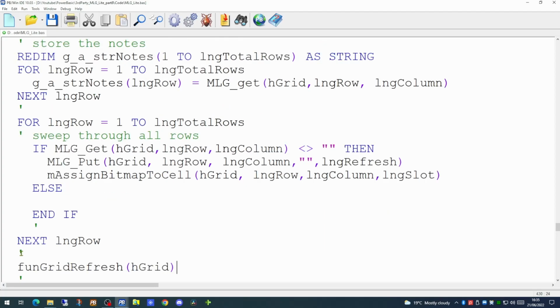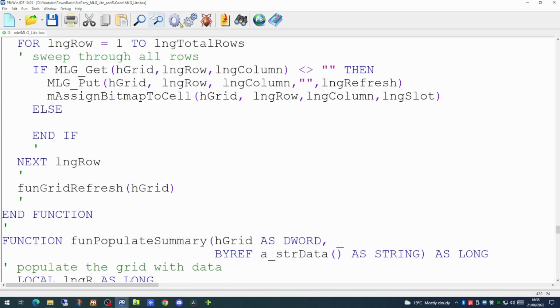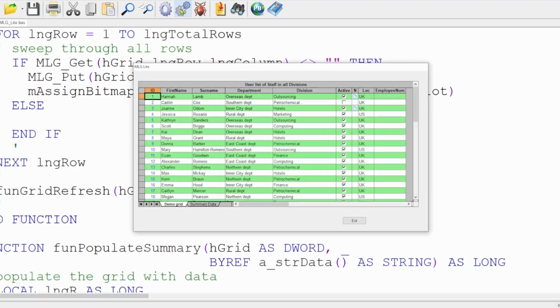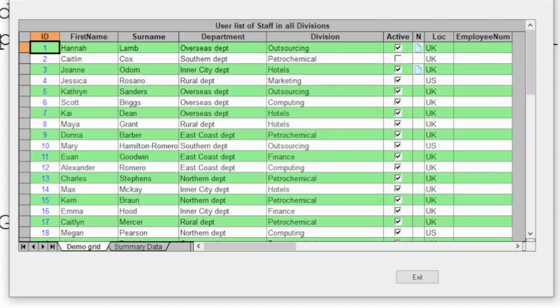So at the end of our for next loop, we will use a grid refresh command to refresh the grid completely. If we try running that code now, we will see that 2 of the records on our grid do indeed now have a small bitmap on them. As the bitmap is stored in a file, you can basically make up any bitmap you like to fit into the grid. Now that we've identified which users have actually got notes against them, we'll want the user to be able to actually look at the note and either erase the note, edit it, or create a note where there isn't one already. So in order to do this, we'll need to handle the event within our event handler function.